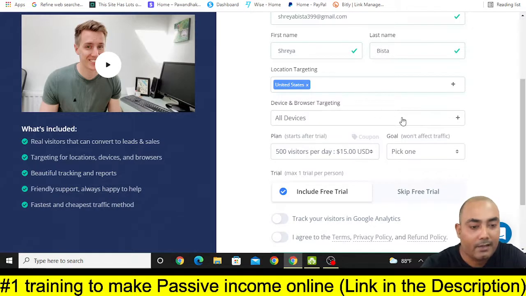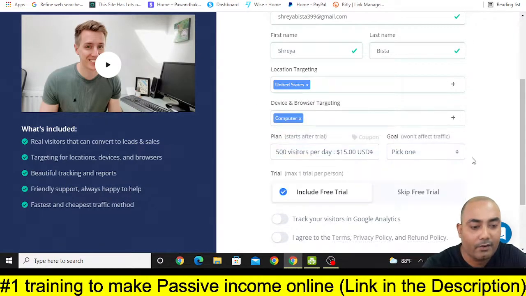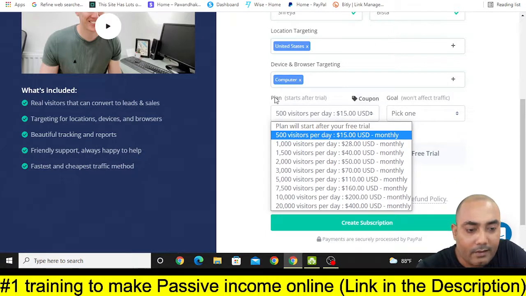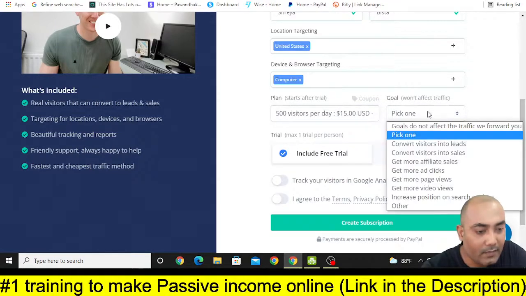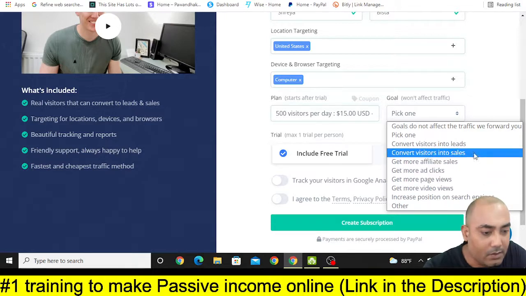And then for device and browsing targeting, make sure to only select this computer. Okay, and plan 5 starts after trial. That means you need to pay 15 USD after the 5-day trial period. In 5 days these people will send 500 people per day to your landing page. Okay, and in goal, let's see what we can